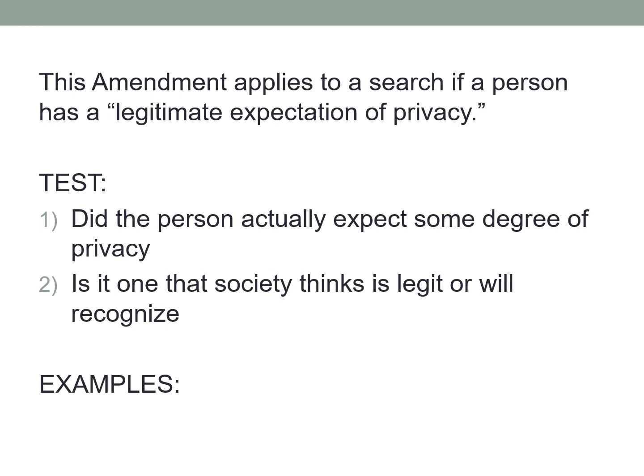It's your tax information. It's information that's personal to you and your business. So yeah, you did actually expect to have some degree of privacy in your docs. What about society? Would society recognize that expectation as reasonable? I would think so. So in that case, the FBI violated the Fourth Amendment constitutional right to not be unreasonably searched and seized. But let's move on to a second example.